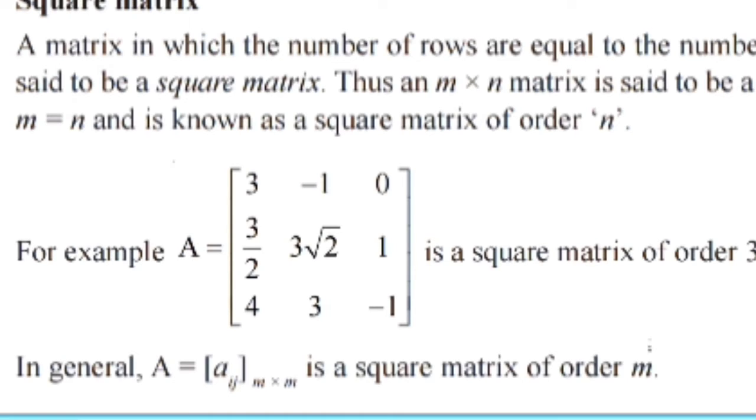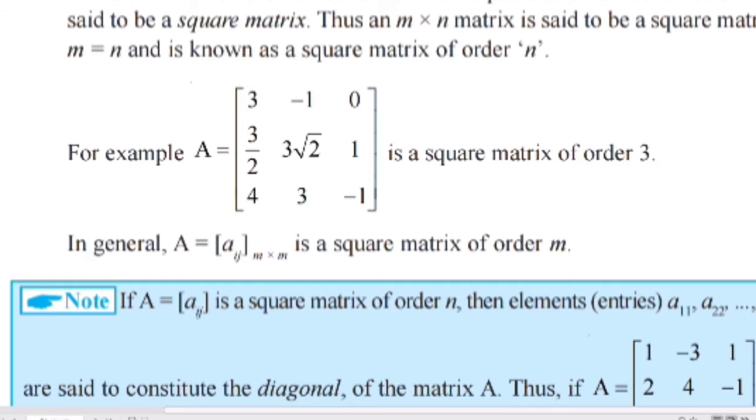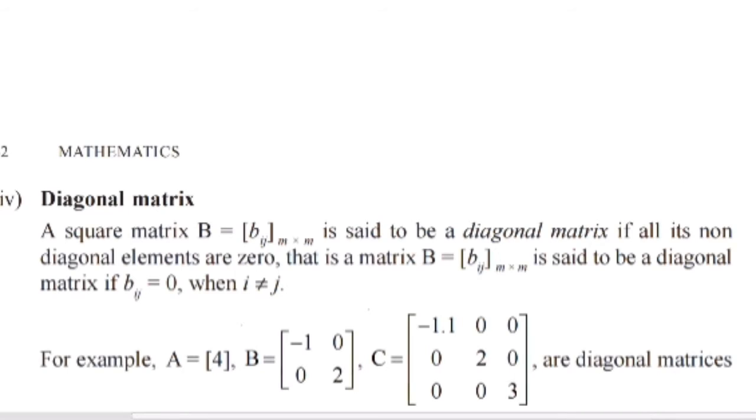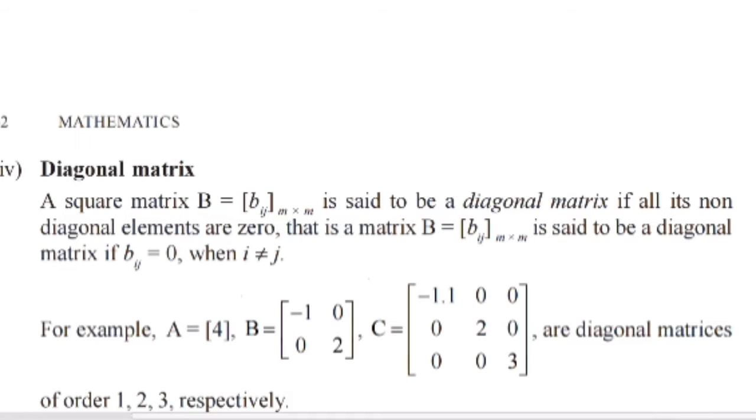So next we are going to see what a diagonal matrix is. You know what a square matrix is. Now the next is a diagonal matrix. A diagonal matrix should be a square matrix and it should have elements only in the main diagonal. Only the diagonal elements will be there. All the other entries are 0. A11 you have minus 1.1. A22, second row, second element. A33, so you have elements only in the diagonal. All the other places are zeros.